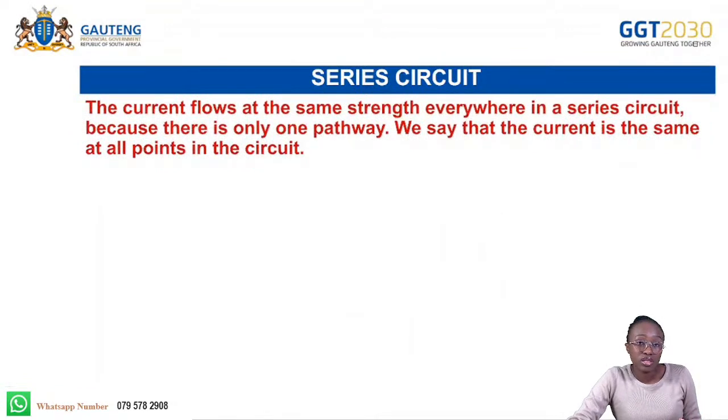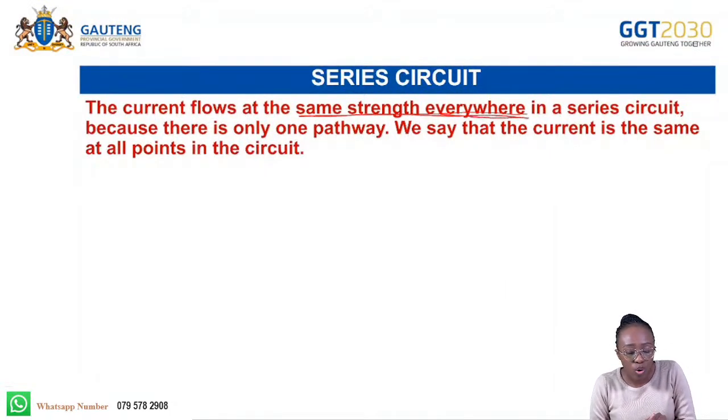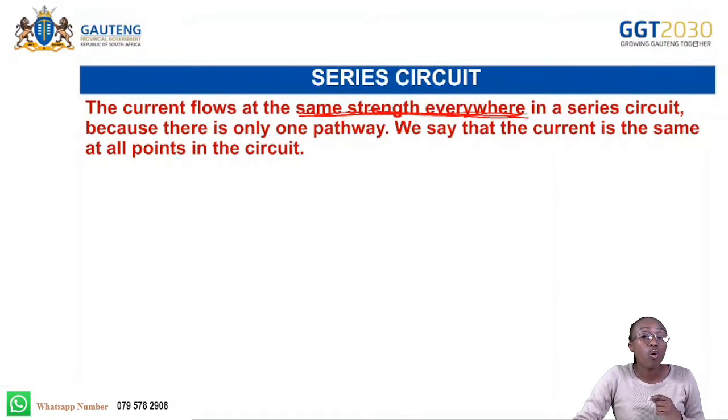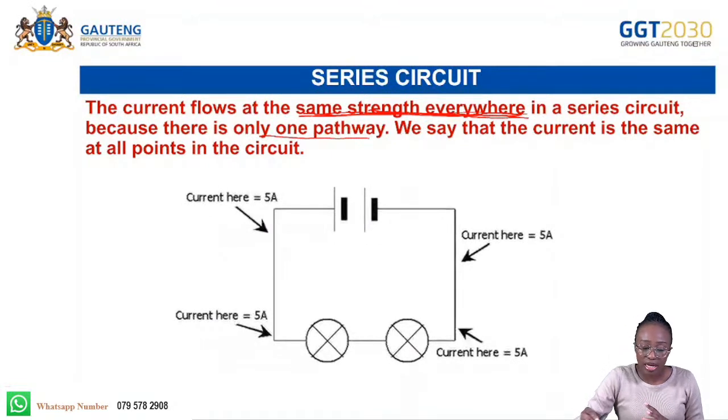Another thing about a series circuit is the current is the same. It flows at the same strength everywhere in a series circuit. Why? This is because there is only one pathway. Remember, that's how we said a series circuit only has one pathway through which current is flowing. Because there's only one pathway, the current flows at the same strength everywhere. We say the current is the same at all points